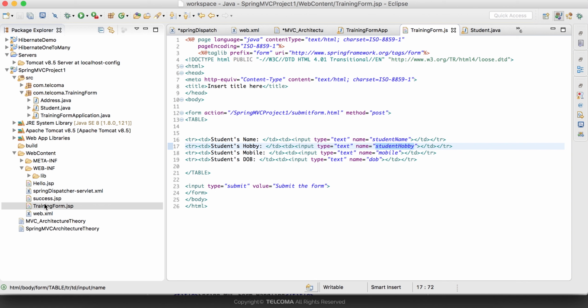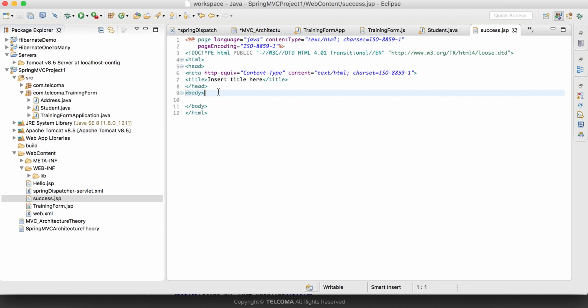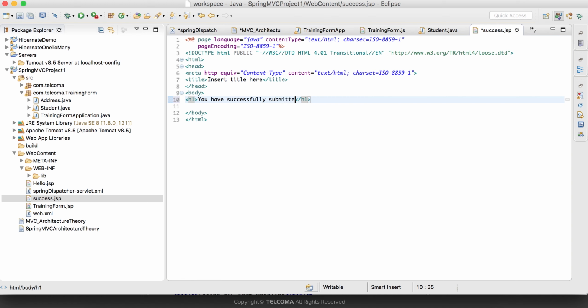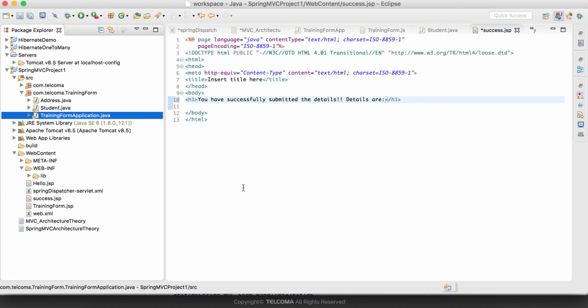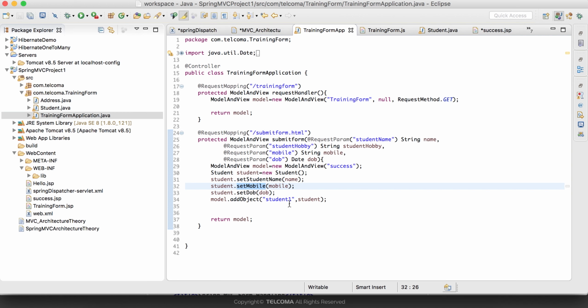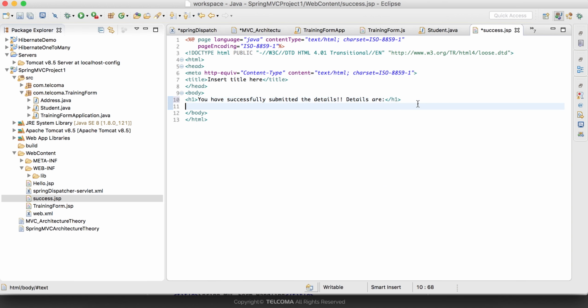Okay, so now we have created the completion, but we haven't created the success page. In this success page, I want my data to be displayed. So you can just put a heading: you have successfully submitted the details. Now how do I want to display it? I'll display it using the object, that is student1. So in this success.jsp,